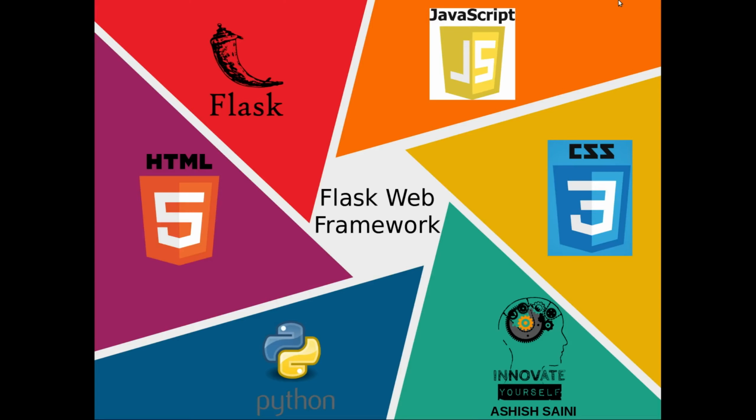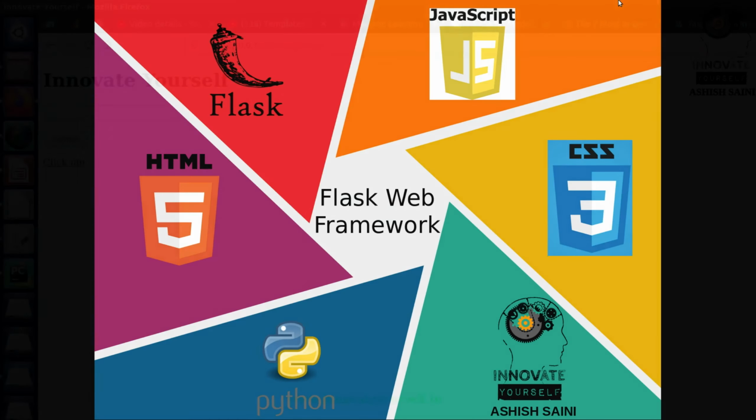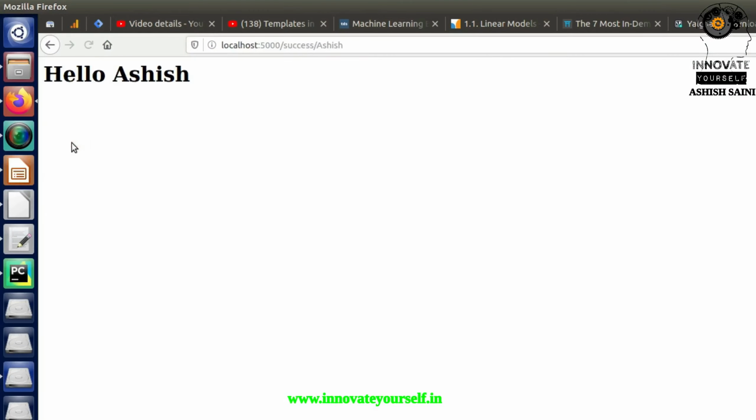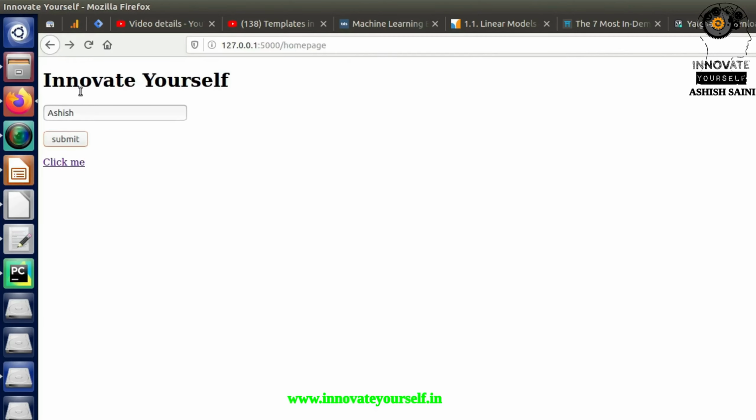Today I am back again with a very interesting topic for you guys to learn and understand using the Flask web framework with Python programming, right? Like in the last session, we have already seen how to create the HTML web pages and link them to your Flask web framework in Python, and also how you can take the input from the user and use it in a different way, right? So this is what exactly we can do.